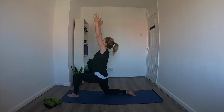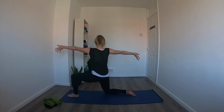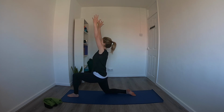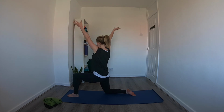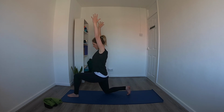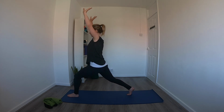Inhale, reach both arms up. Exhale, take it to the opposite side, left hand forward, right hand back. Inhale, reach both arms up. Exhale, left hand back, right hand forward. Inhale, back up. Exhale, left hand forward, right hand back. Inhale, back up. Great. So from here, tuck the back toes, slowly lift that knee off the ground, bring the